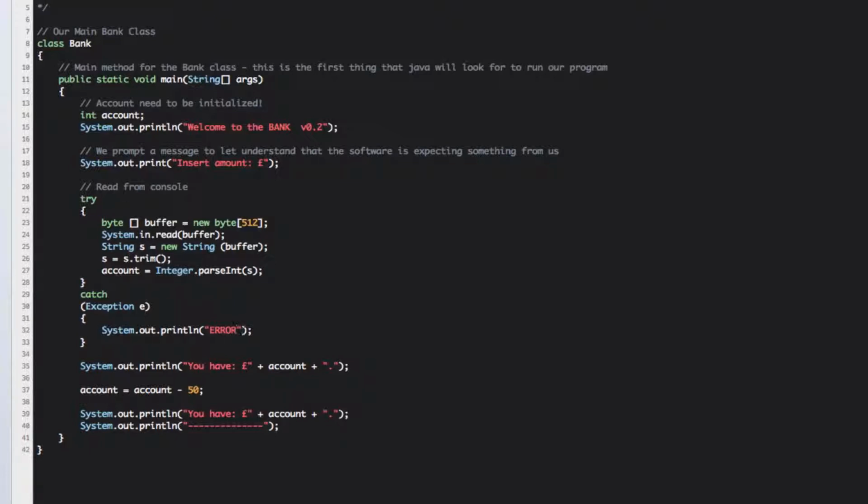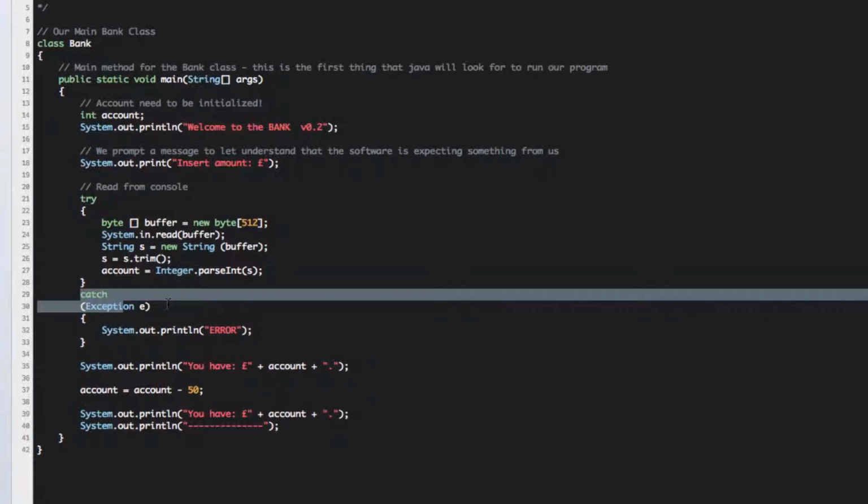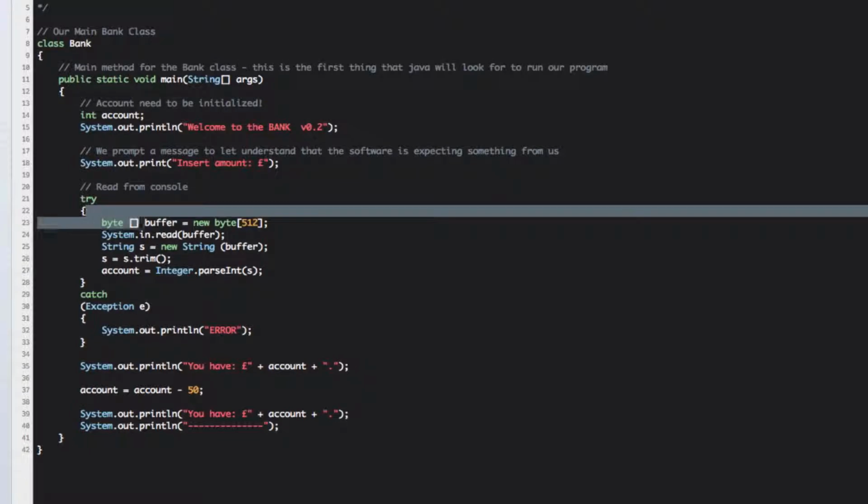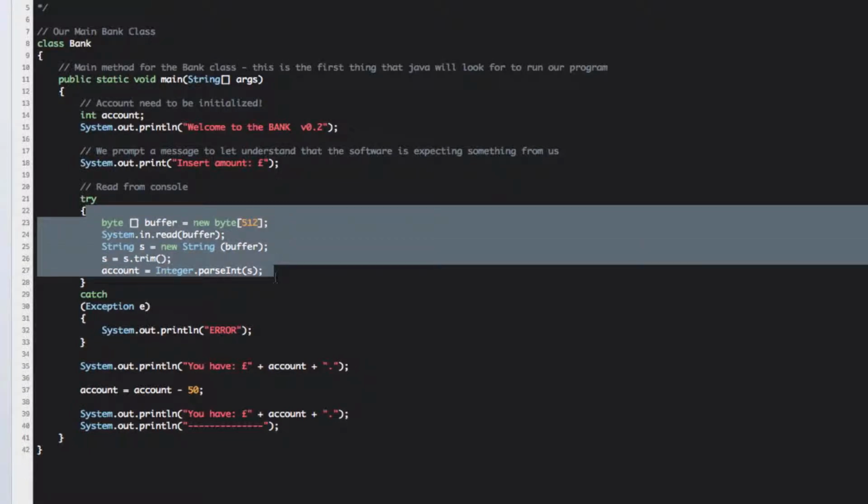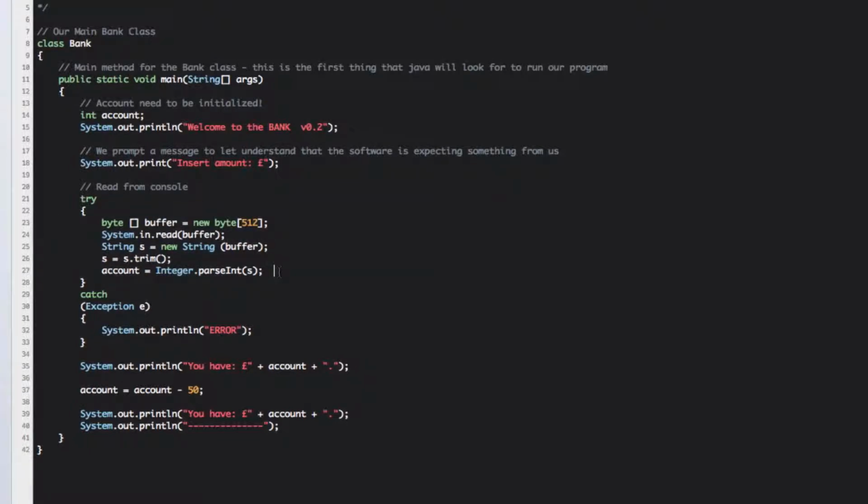But anyways, what this try and catch does is it's going to try this bit of code. If it doesn't work, then it will write that there is an error. That is going to generate an exception and is going to say there is an error. Basically,